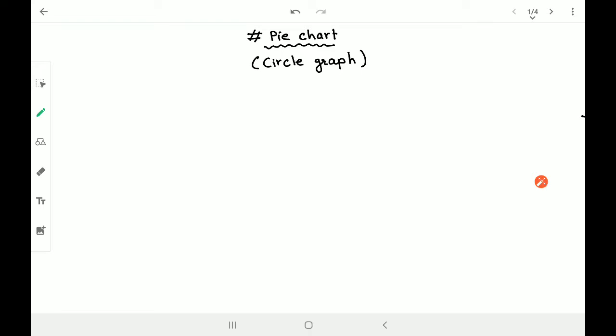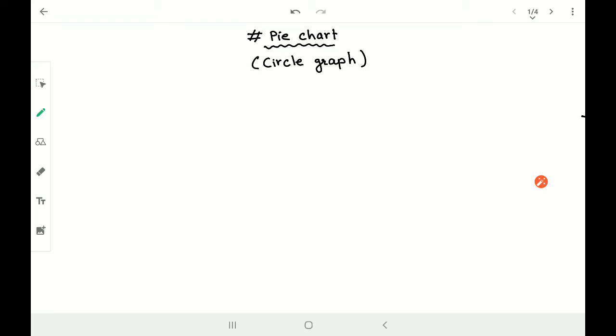So many different concepts we have discussed before this: bar graph, histogram, tally mark, frequency distribution table. So now we are moving ahead and taking a step for a different type of graph called a pie chart, which is also called a circle graph. Fine. What is a pie chart? And what is a circle graph?